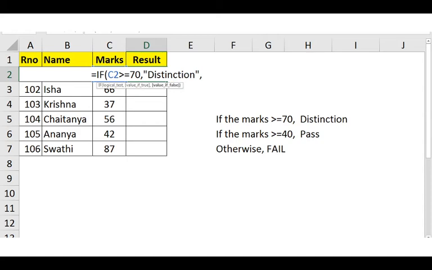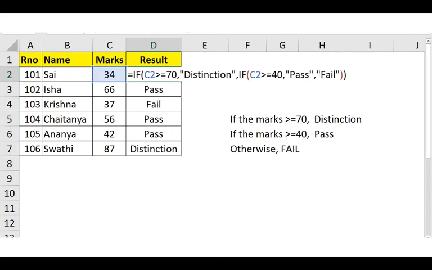I'll write one more IF. If the cell value is greater than or equal to 40, I will display pass. Otherwise, I can display now fail. So we are using IF function within IF function again. If you are using IF in IF, we call it a nested IF function. This is called nested IF.